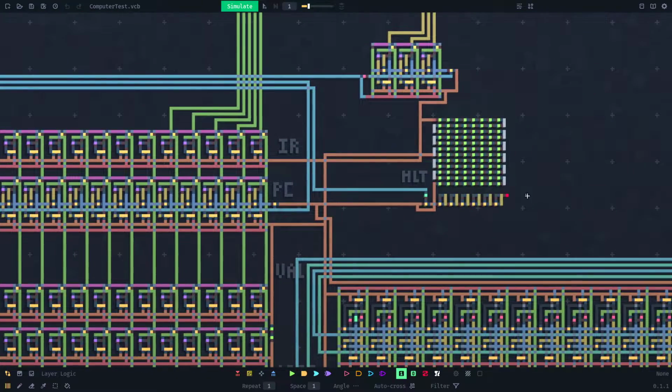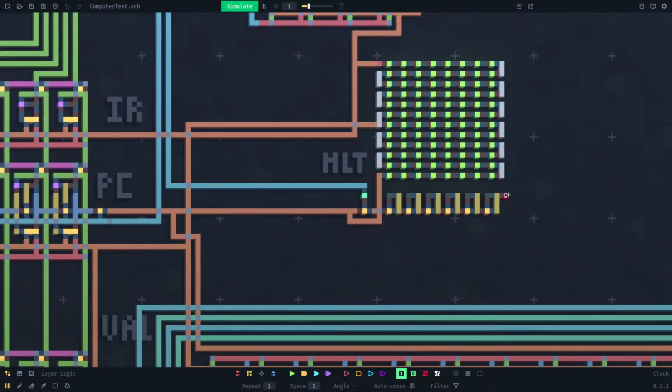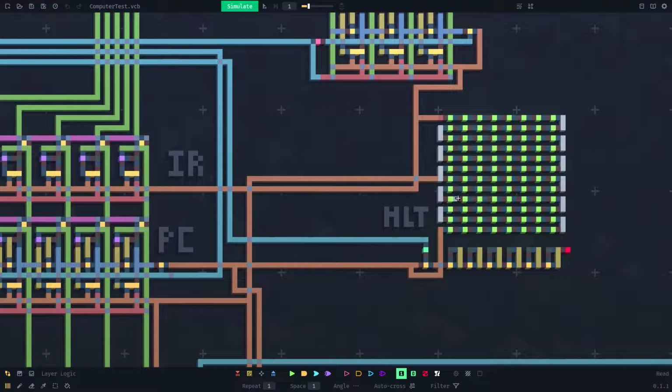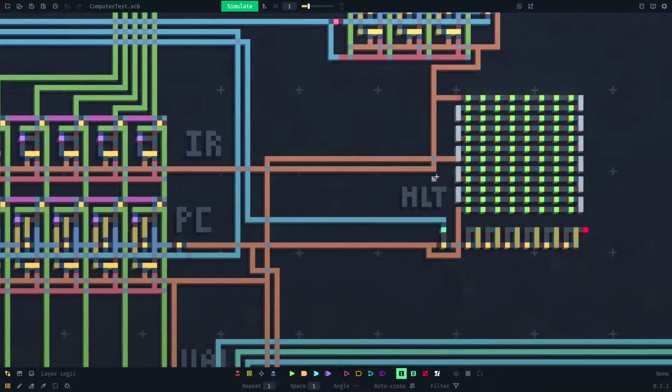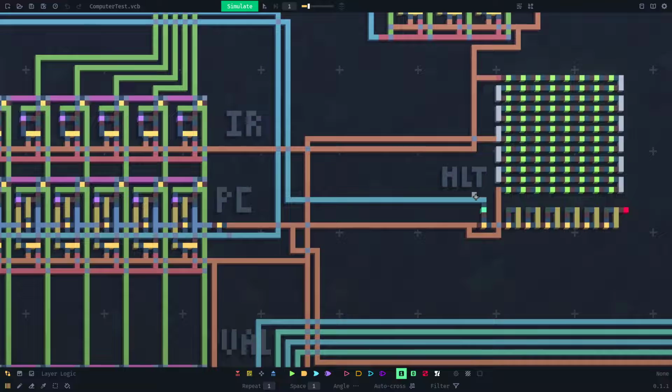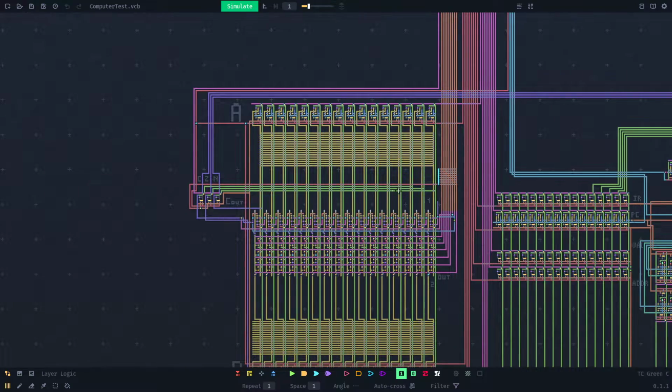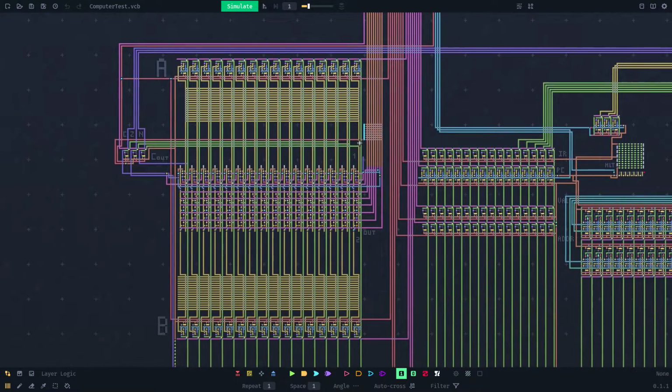Over here we have our clock. This little red thing is a clock, and this delays it so it doesn't tick every single tick, because that's too fast. This sends out different pulses at different times in the clock signal. I'll show you later when the thing's actually running. This is whether the computer is actually running or not. And then this orange line goes throughout the computer and handles everything that needs timing, which is mostly writing to